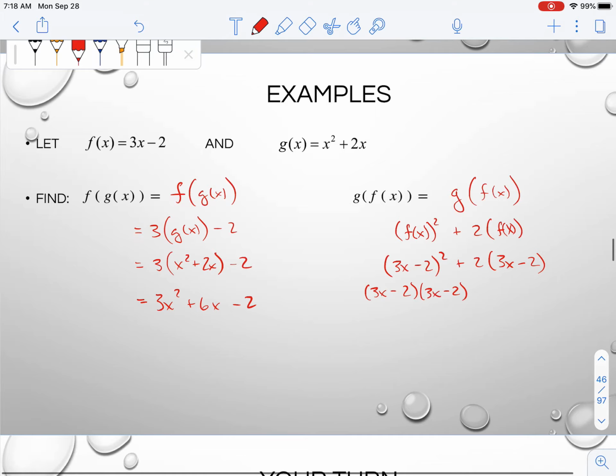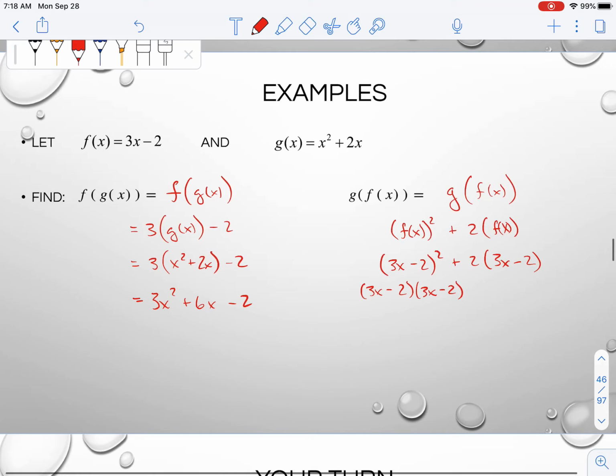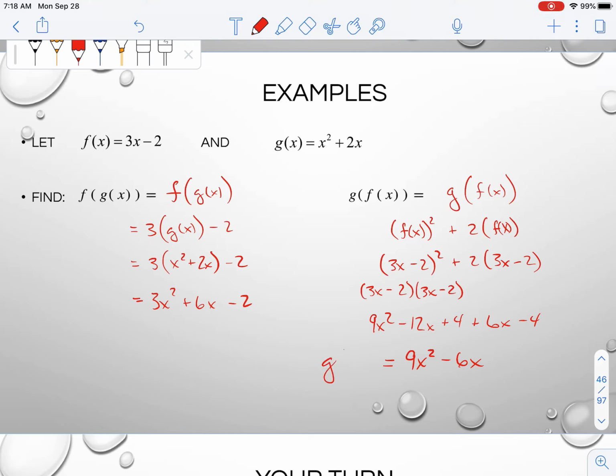All right, so when we FOIL here, and I'm going to FOIL and combine like terms all at once, we're going to have 9x squared, we're going to minus 6x or minus 12x and plus 4, and then we're going to have plus 6x and minus 4. So we combine like terms, and we have 9x squared minus 6x, and 4 minus 4 is going to be 0. So here I have g of f of x,